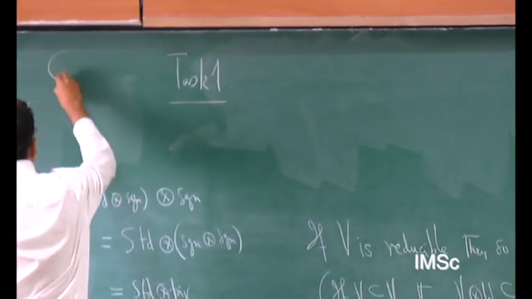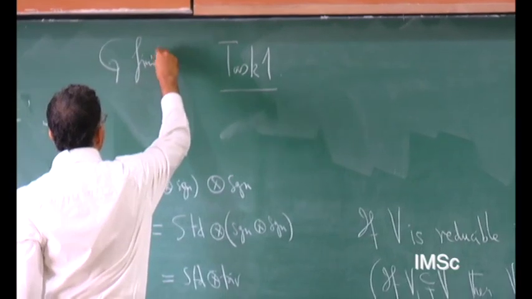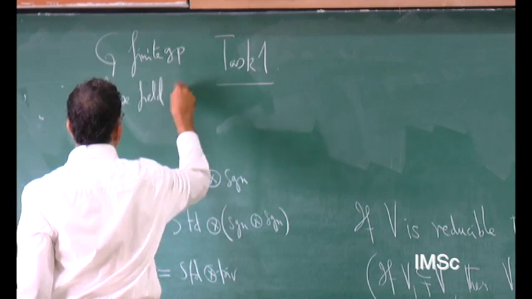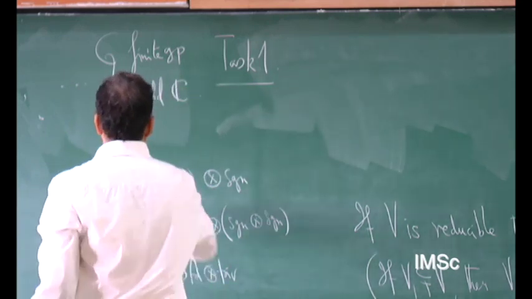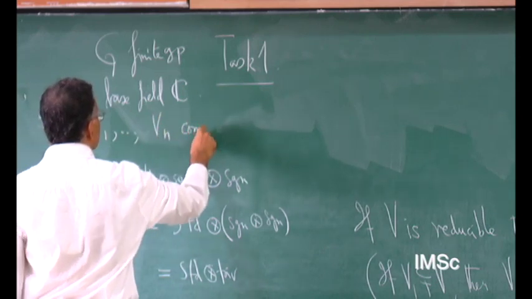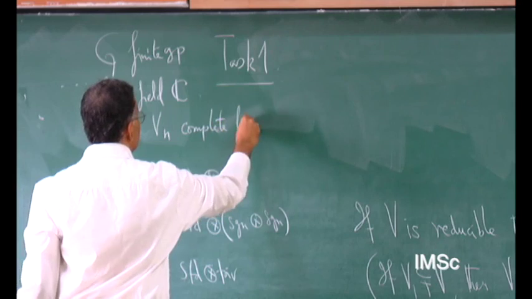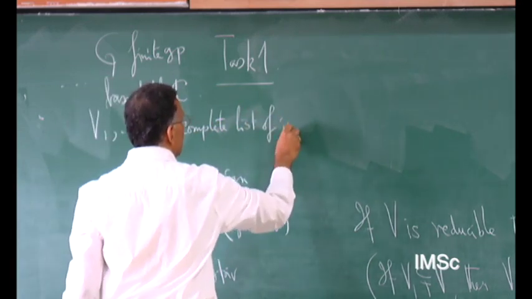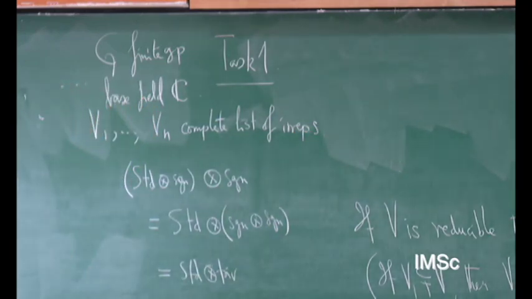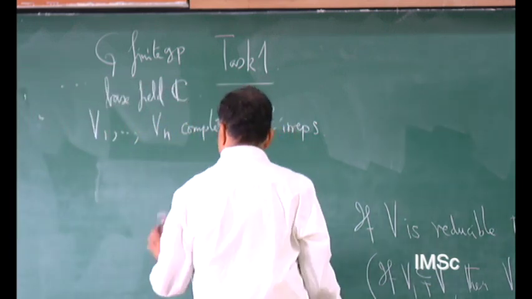Our context is: G is a finite group, the base field is C, and V1, V2, ..., Vn are a complete list of pairwise distinct irreducible representations. I have not said it, but then